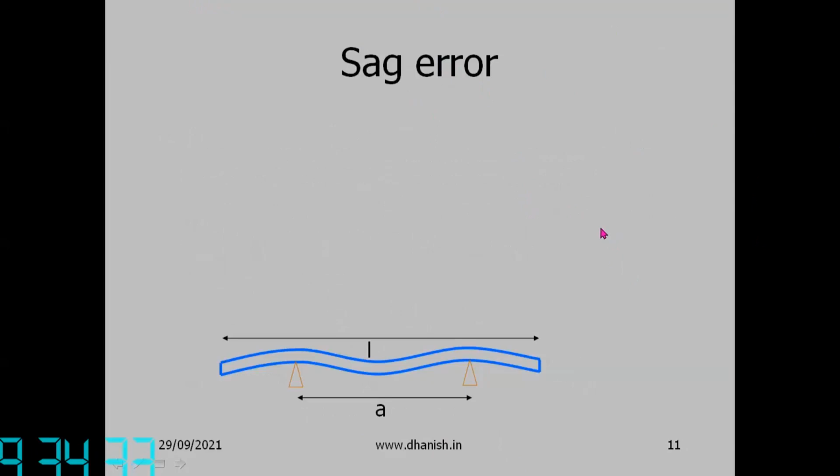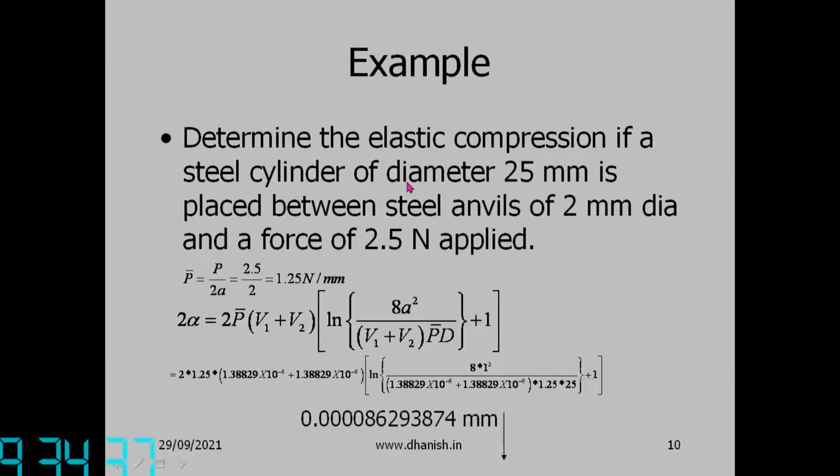So in general, that's why we say the type of contact. So sphere and surface, what is the type of contact? It is point contact. Whereas cylinder and surface, what is the type of contact? It is line contact. So point contact, the deformations will be more compared to line contact.